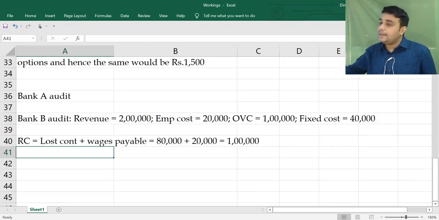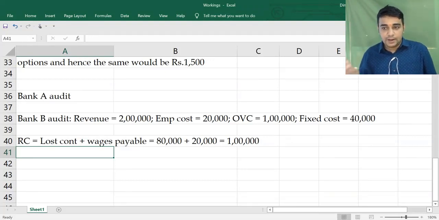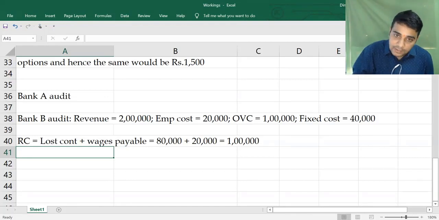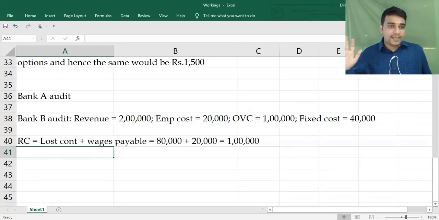Some question they'll say the contribution earned without subtracting the labor cost is so much. If you have not subtracted, please don't add it back. I agree employee cost is irrelevant. Why it is irrelevant is in both the sides you will incur 20,000. So technically the 20,000 does not influence the decision. The only thing is if you have done a mistake, please correct that mistake. So question can give a number which is incorrect. So your job is to correct it by adding the employee cost. If it was not subtracted, please don't add it back.